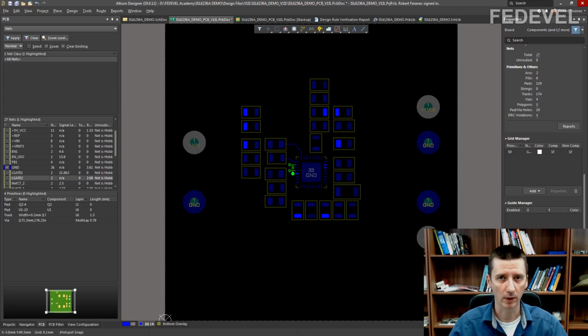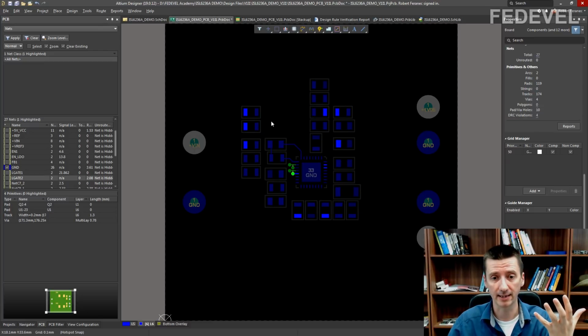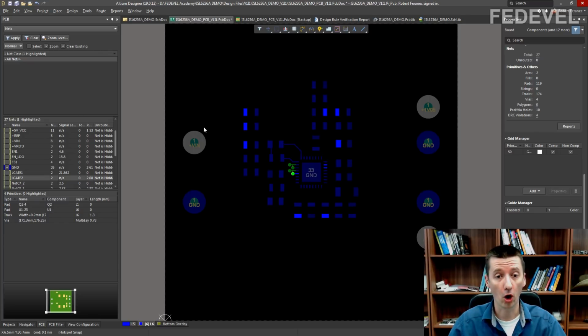Before we continue, I'm going to change one system setting. Do you remember Shift S? When I press Shift S, only the active layer is visible, all the other layers are grayed out. And when you press Shift S again, all the layers are hidden, only the active layer is visible. So this is the mode that I normally don't use. I'm going to disable this mode.